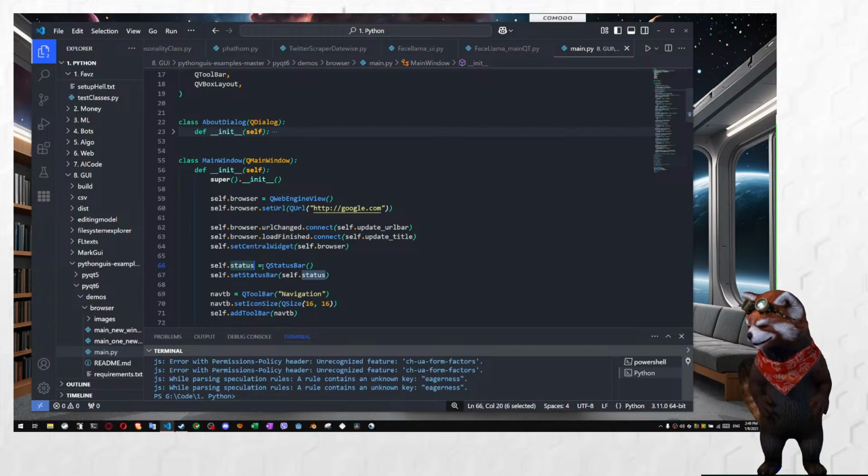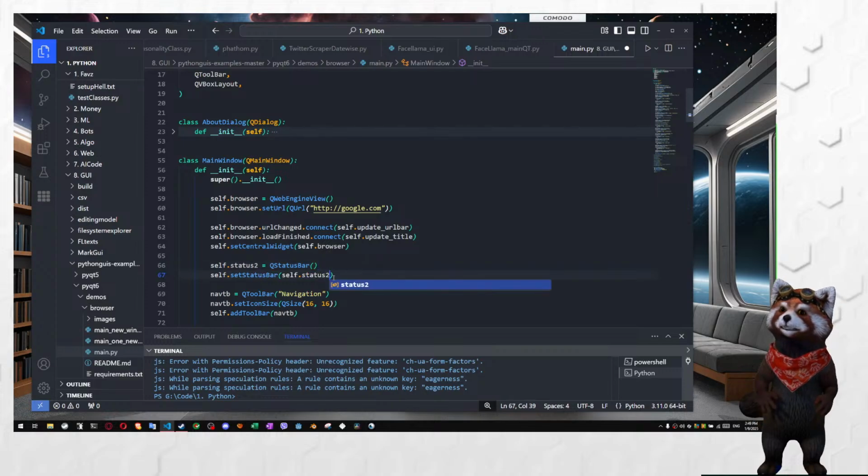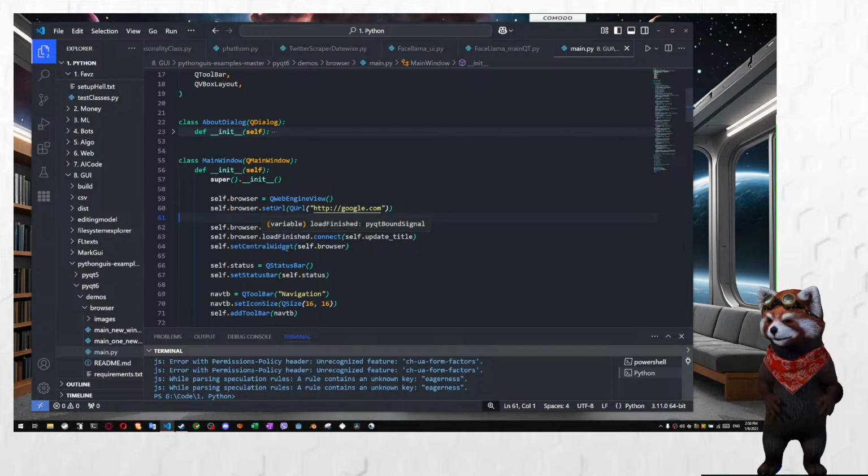So potentially not a good idea to change that from itself, because maybe set status bar. Oh, no, never mind. We set it here. So you can name it whatever you want. Yeah, so you can name it set status 2 as long as you change this and it attaches itself that way. Okay, that's fair. So some things we can create on our own behalf with our own naming conventions. Other things have to be done exactly as